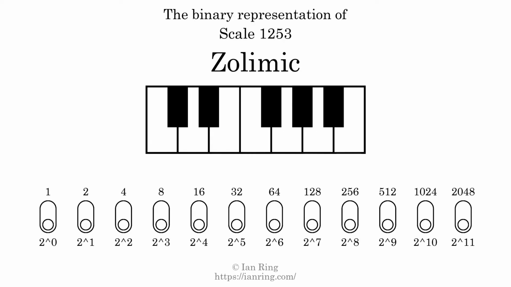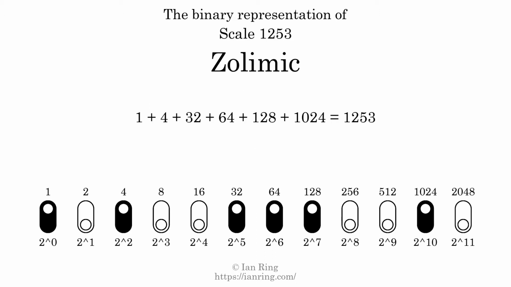The binary representation of this scale is determined by mapping tones of the scale to binary digits. Each binary digit represents a power of 2. To get the scale number, we add the powers of 2 together. The powers of 2 that are present in the scale, all added together, equals 1253. That is why the scale number, in decimal, is